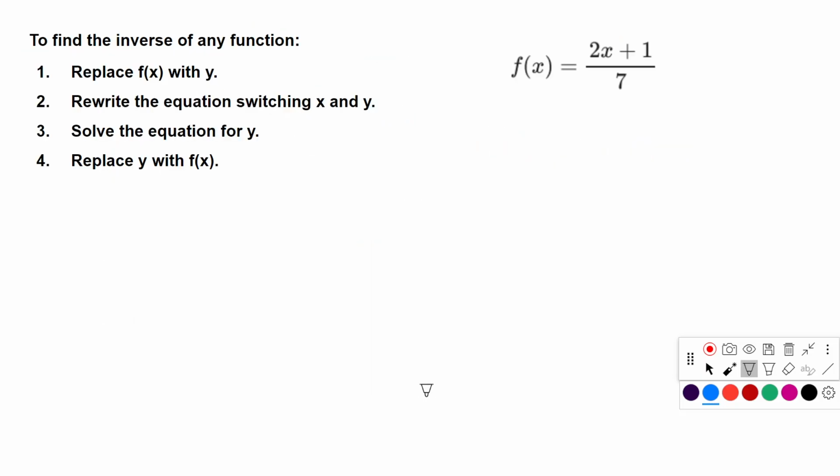Now, what if you don't have a graph and the function isn't in that point-slope form? And I'm going to make an adjustment to my notes here. There we go. You're going to start by replacing f of x with y. Everything else will stay the same for now. And then you're going to write the equation again, this time switching x and y. So it will become x equals